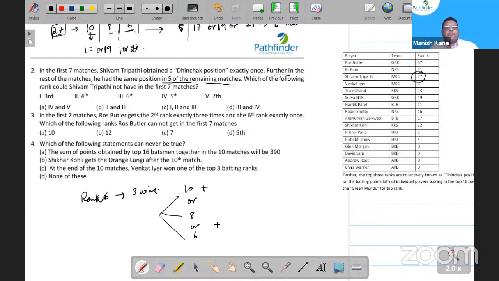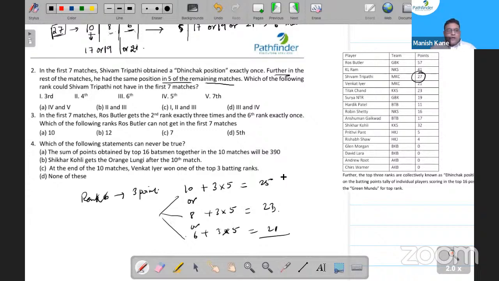Okay, yeah. So if you're looking at the options, that is one way to arrive at the answer, but we need to ultimately solve it also. 3 into 5, 15 plus 10, 25. 3 into 5 plus 8, 15 plus 8, 23. 3 into 5, 15 plus 6, 21. So see,